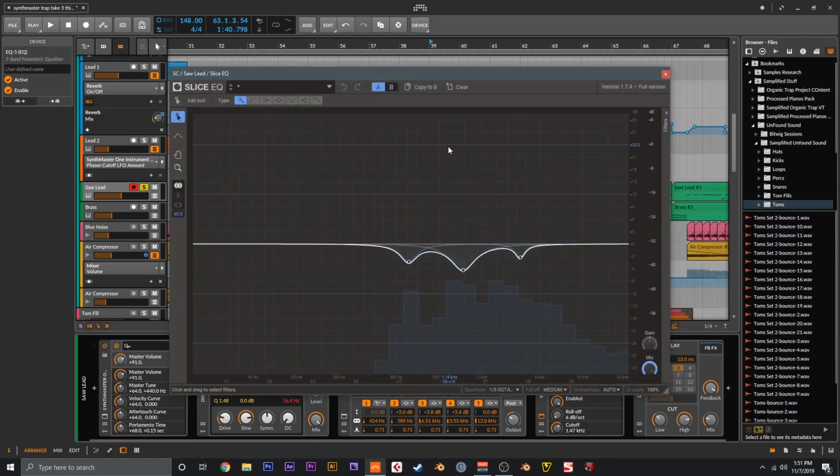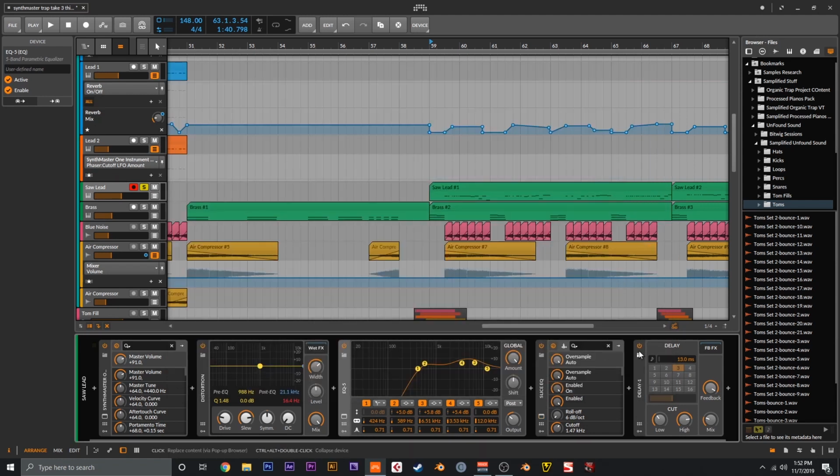After that here, I've got an EQ. This is just getting rid of a couple resonances in the sound that I didn't really like and that made it a bit too loud in the mix. So this is just kind of taming the sound overall, nothing too crazy. And then I just did the old metallic delay trick once more just to bring out that metallic texture, which really changes the way the sound hits. So if we listen to it without that metallic delay,